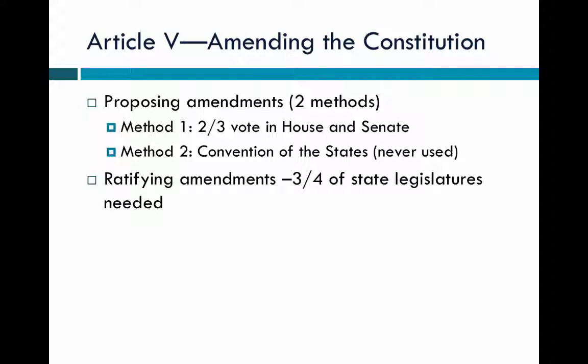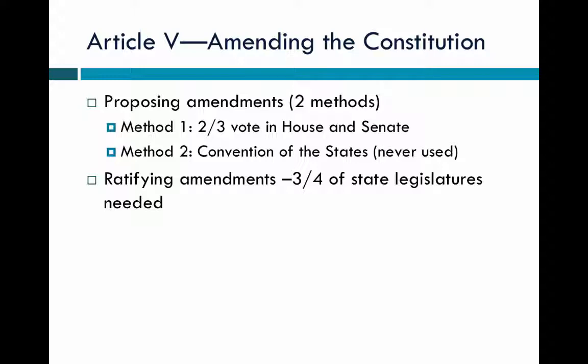So you can propose an amendment, but ratifying it requires approval by the states. And you would need 3/4 of state legislatures to ratify the amendment. And when there are 50 states, that means you need 38 state legislatures to ratify an amendment. So once the joint resolution is passed in both chambers under Method 1 with the 2/3 majority, it is sent to the state governors so they may pass it on to their state legislatures. And those state legislatures then vote on the ratification process, and you need 3/4 of the state legislatures to approve